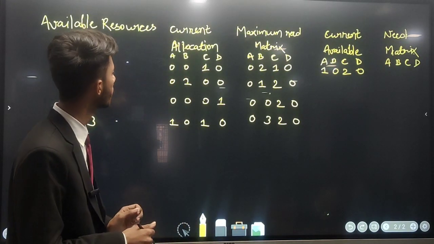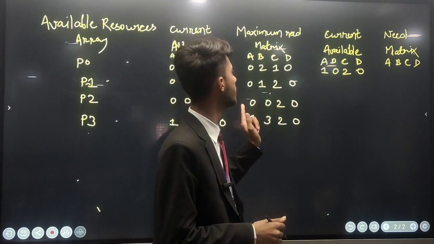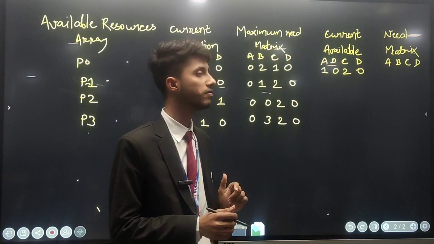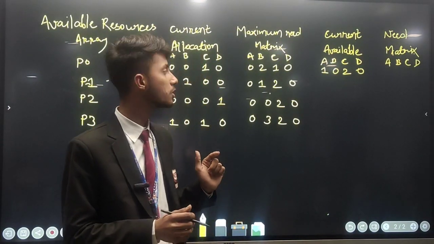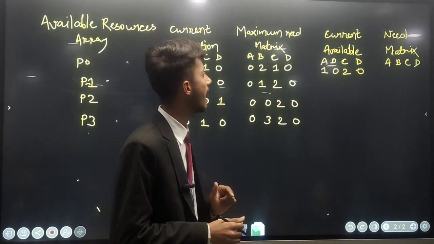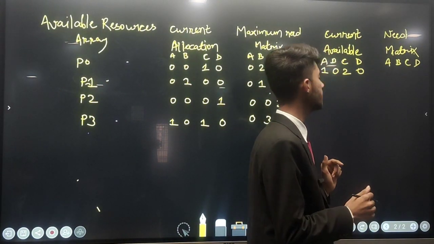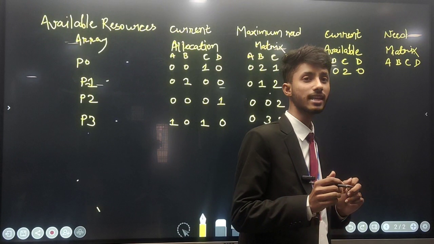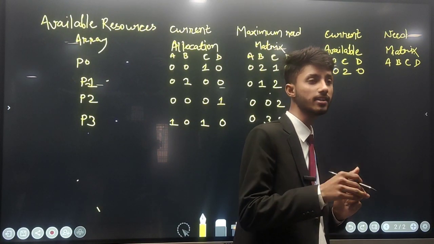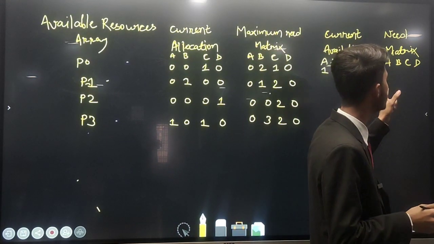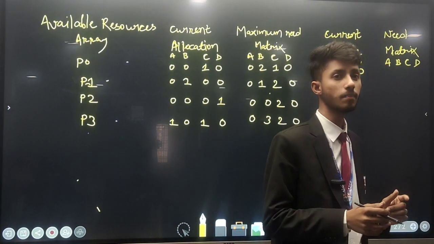each process. And then maximum need matrix, a matrix that stores the maximum number of resources that are required by each process. And then I write current available, a set that requires the IDs of processes that have been executed and released by the process. And then I write need matrix. Need matrix, it is a matrix that